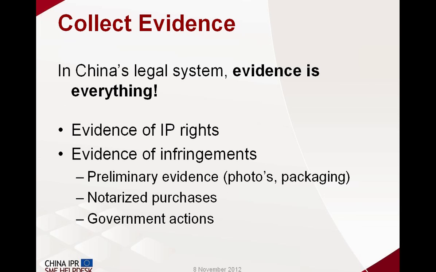A third level of evidence, and that goes one step further, is in some cases it's very difficult to collect extremely good evidence. For example, it would be easy if you're in consumer products, you can go to a store, you can purchase something with a notary officer there. But in some cases, it's very difficult to do that, for example, because they're only exporting or they're selling only wholesale. What can be a very good solution is to get the government authorities to help you collect that evidence. That is an option in China which can be extremely successful to avoid very basic problems in trying to reach infringing products.